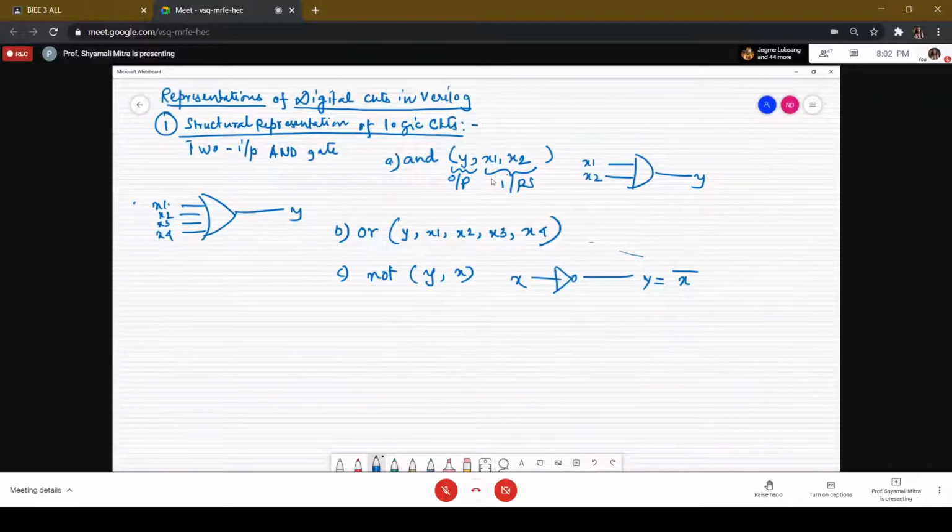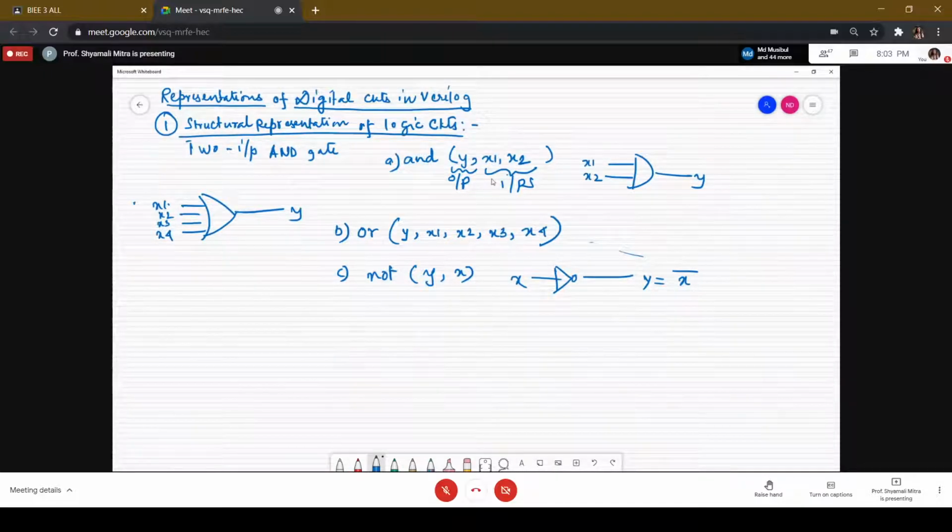Now, how to define a logic circuit? We are now able to specify single simple gates with the help of structural representation using Verilog. Now, how to represent a logic circuit with this structural description? A logic circuit is specified in the form of a module that contains the statements that define the circuit.